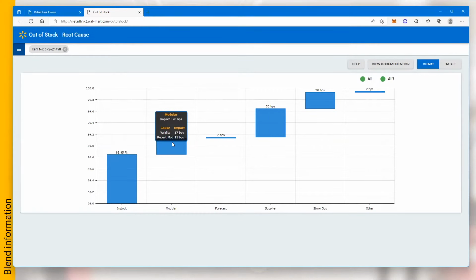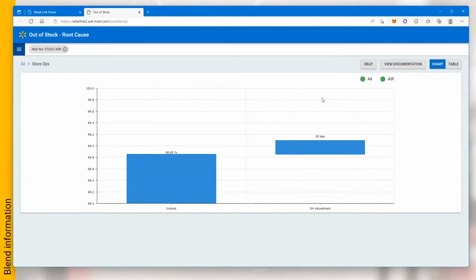Again, there was a recent mod. There's some validity changes, so probably additions and deletes through the mod process have impacted our in-stock. New stores coming on board, and then stores that we were in or we got deleted from potentially. Over here, we're looking at supplier impact. On time again is 0.5%, and return to DC is at 2 basis points. And then store operations has impacted our in-stock by